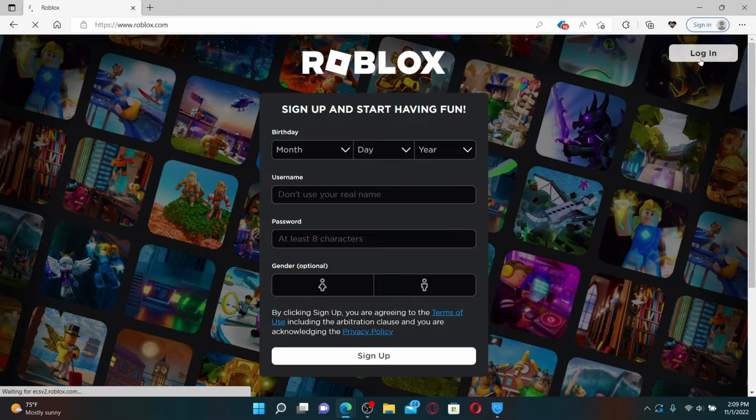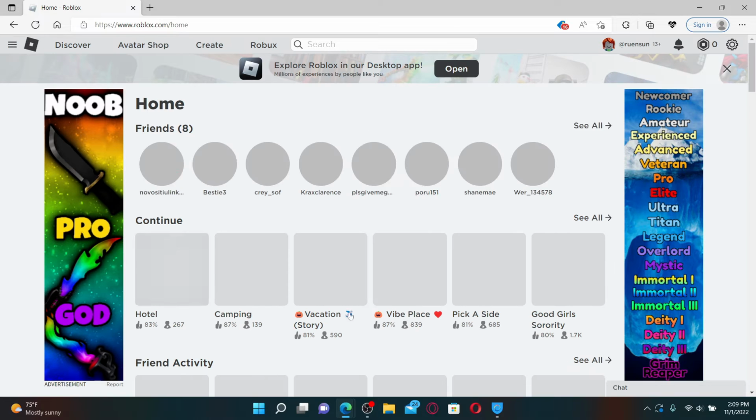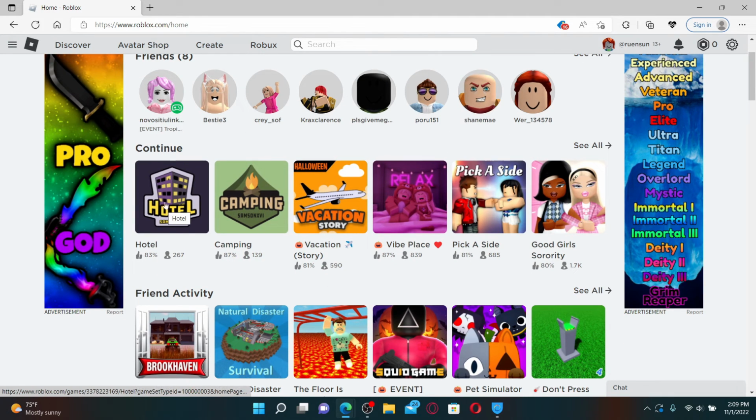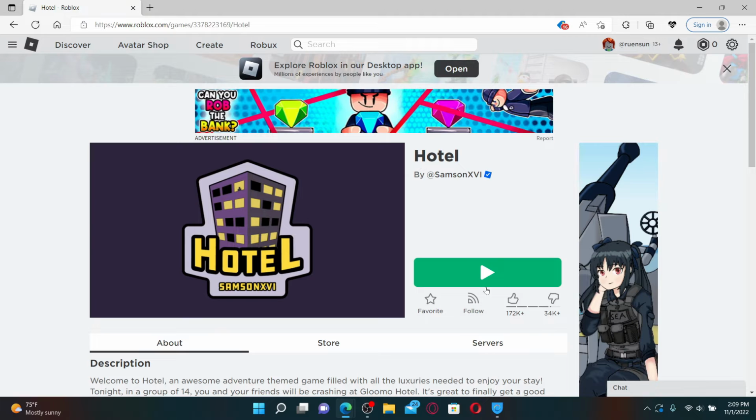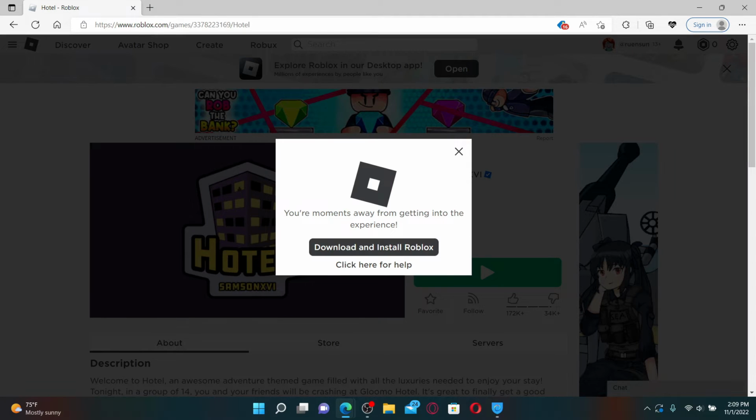Log into your Roblox account like you normally do, and once you are logged in, go ahead and pick any game that you'd like to play and give it a click. Now, click on the play button in green right next to the game and you'll receive this pop-up on the